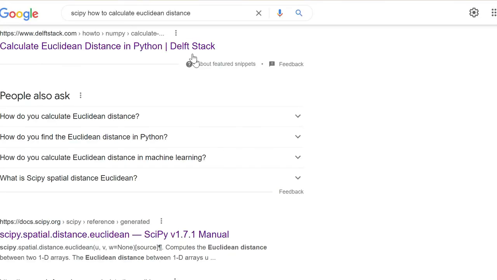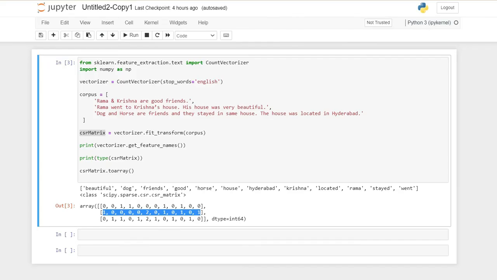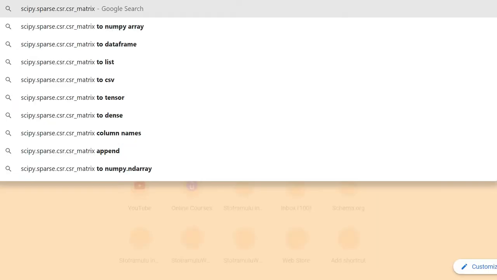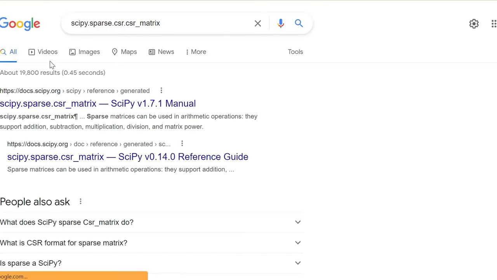That's what we are going to see right now. One thing we know is we have printed the type of this particular variable, and we got this output. The type is CSR matrix, which is part of the SciPy library. So we just have to find this library. I just googled it out.